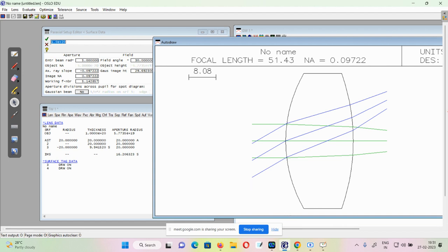Sir, will Oslo questions be coming in the exam or software? I don't think they will give Oslo questions. Most probably they will not. It is for practice and assignments. Actually, we had a project thing, but I don't think you people have a project. They will give a novel idea, and based on that you have to solve it with Oslo, and you have to give